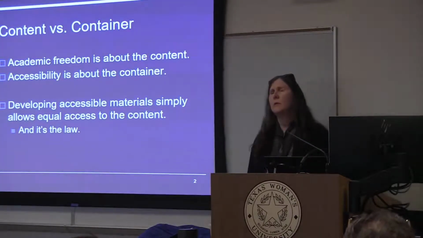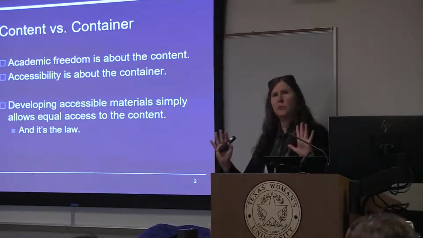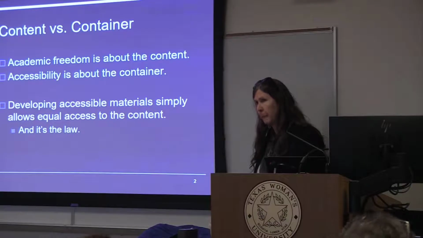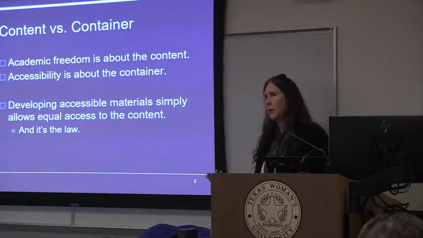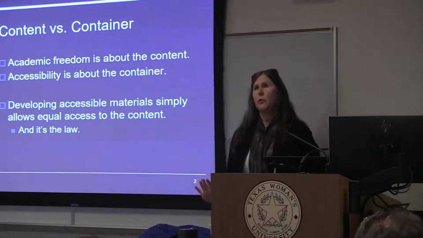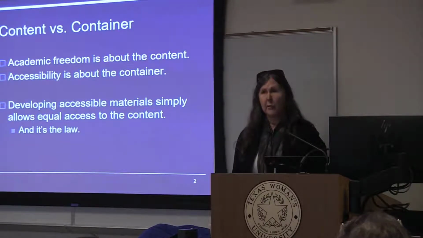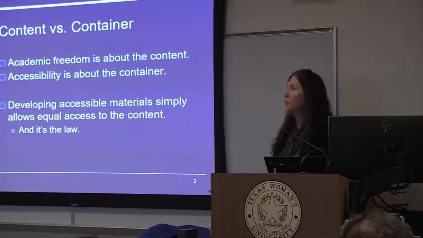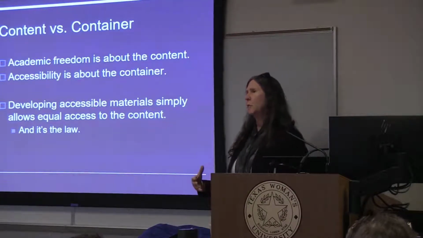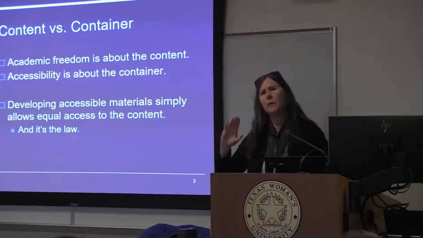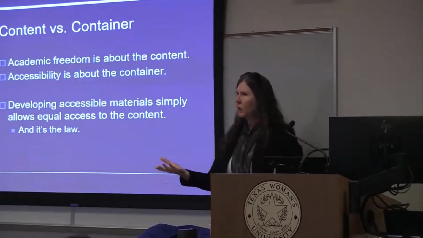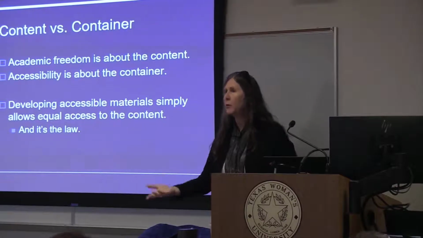I want to start out by addressing a big issue that sometimes comes up, and that's the issue of academic freedom. I've had faculty members say, well, this impacts my academic freedom. Really, if you look up what academic freedom is all about, it is part of the First Amendment rights of freedom of speech. It is about the fact that you don't want anyone else telling you the proper way to talk about your discipline, whatever it might be.